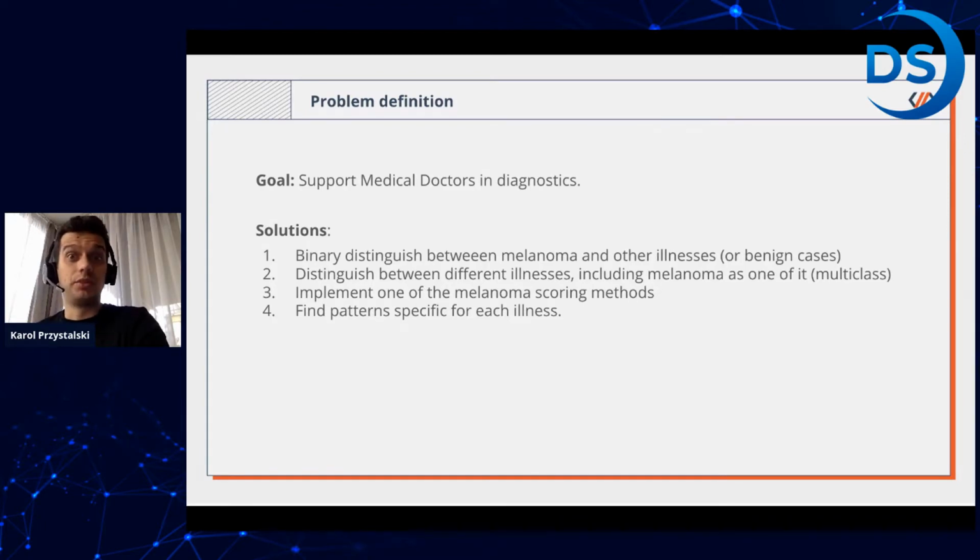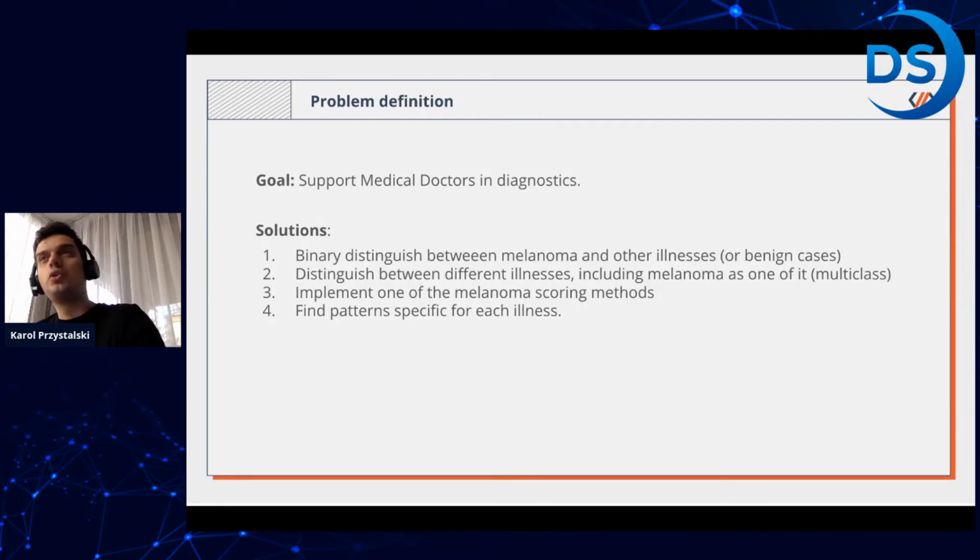And there are different solutions for how to do it. One of them is obviously a binary classification: it's a cancer or not a cancer. When we talk about skin cancer, that's one of the cases. Or we can have a multi-class problem, where we classify between cancer and different skin cancers. Melanoma is the worst skin cancer, but there are different types of melanomas, and there are also other skin illnesses that we might be able to recognize. That's also a challenge that we need to face currently.